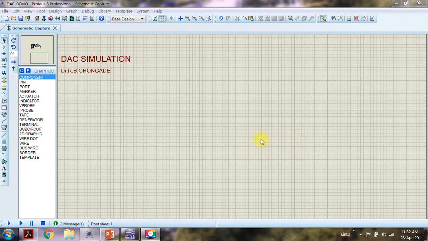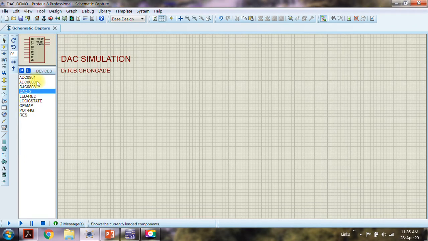Okay, just to finish off the session with digital to analog converters, I will show you how to construct the circuit and make use of the digital to analog converter in Proteus. We have already seen how to create the circuit. Now how to use a ready-made model in Proteus is what I am going to show at this point of time. Alright, so let us see how to select the components and do the task of using the built-in DAC.